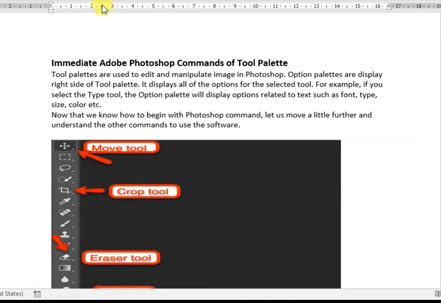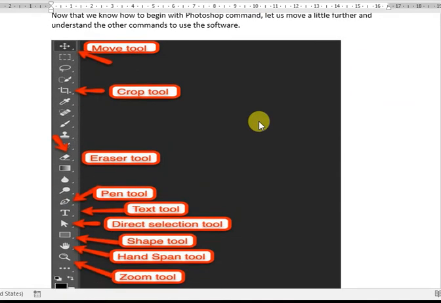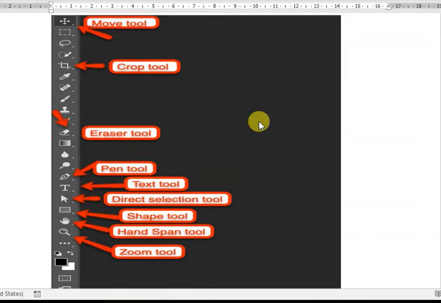As you see in the image, these tool palettes look similar to MS Paint tool palettes. It contains various tools that are used to edit your images. Sometimes the tool panel is not visible on the Photoshop window.